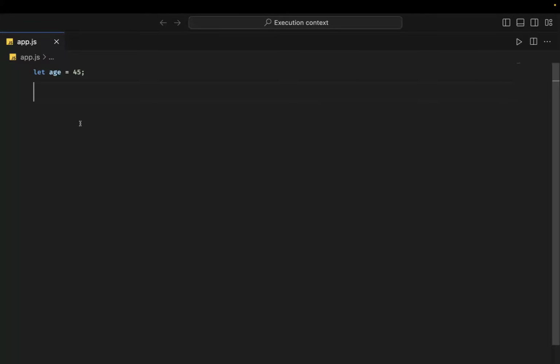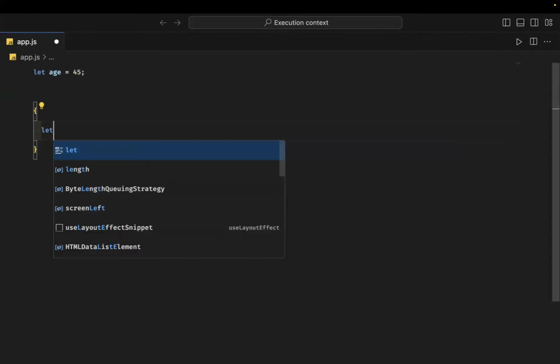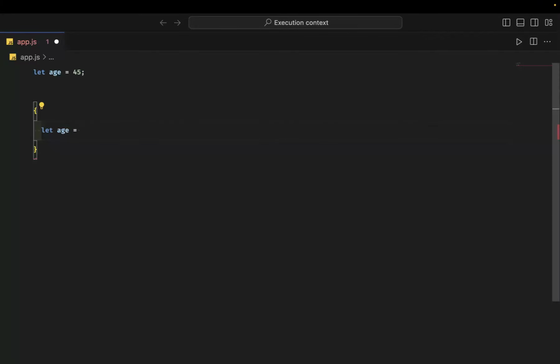Why so? How do we know that? We know that because it is not enclosed within any two curly braces like this. When it's not an object, please take note, and it is not within any two curly braces, it is in the global scope. All right. So if I create another variable in here called age, say 45,